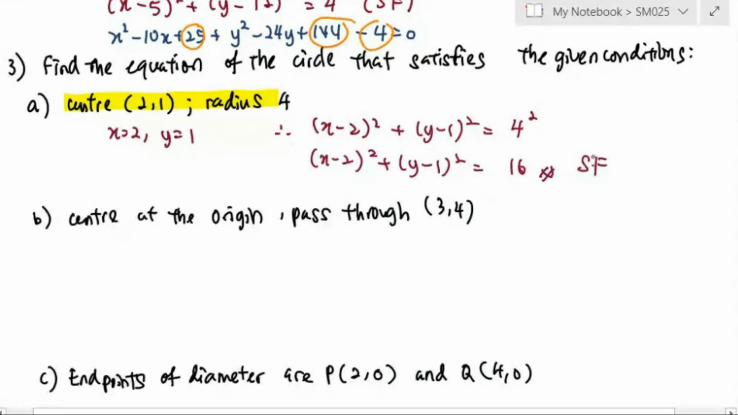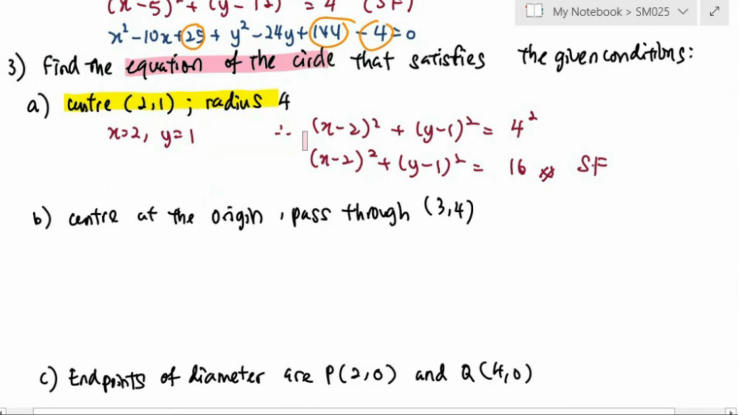Either one, because in my question, I didn't say whether the equation of the circle should be in standard form or general form. It means I can give my answer in standard form or in general form. I found that doing standard form will be easier than general form. Okay, so for